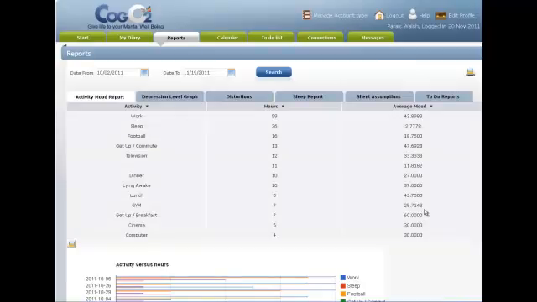Let's look at the reports available within the program. Each report can be printed over a selected date range. After you have entered data for a couple of days in the start page, you will begin to see results